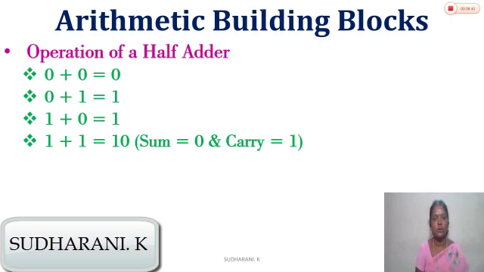When one input is a 0 and the second input is a 1, then sum will be 1 and it does not produce any carry. When one input is a 1 and the second input is a 0, then also the sum will be 1 and carry will be 0. When both the inputs are 1, the output will be 1, 0, where the 0 represents the sum and 1 the carry. So we can understand that the operation of a half adder is similar to that of the binary